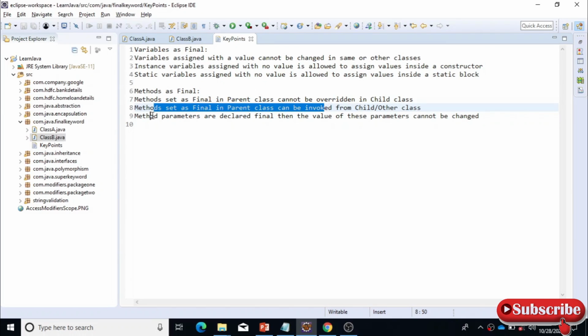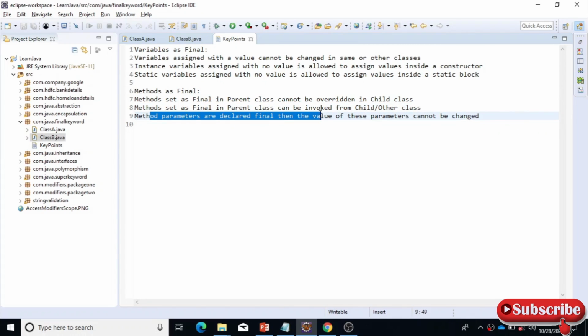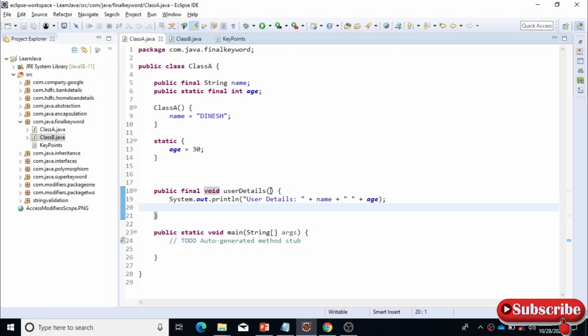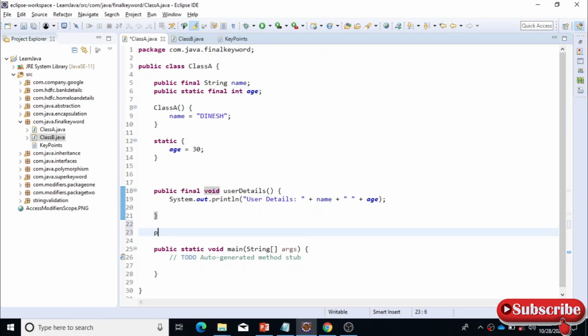You can create an object for this class A, and you can invoke this method, so that is not a problem. Okay, and if method parameters are declared final, then the value of those parameters cannot be changed. Okay, so for example, let me create another method called public, okay, so it can be a final method, no problem. Void location or something. Okay, and we will mark the location here, String location.